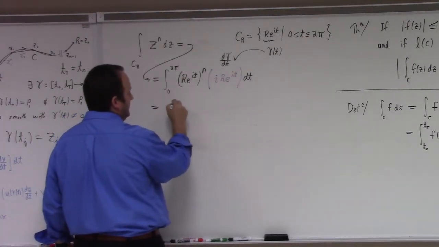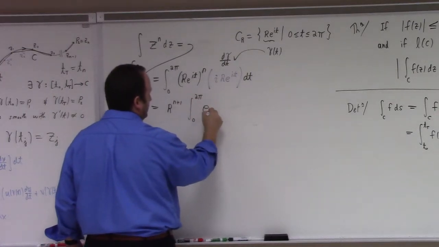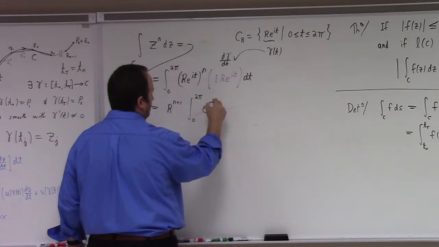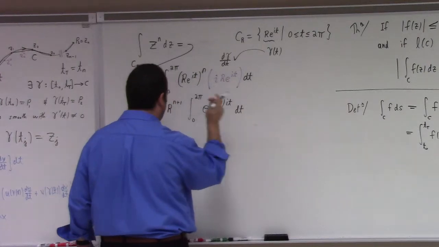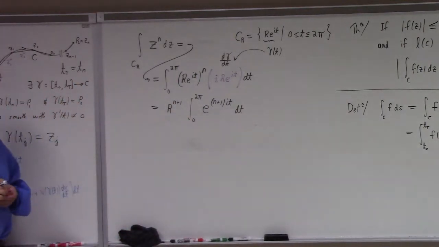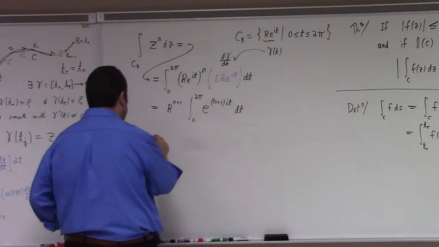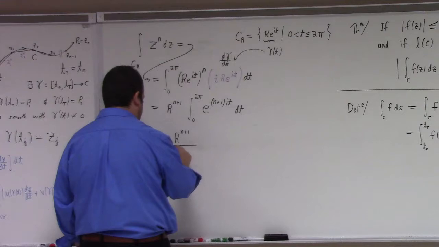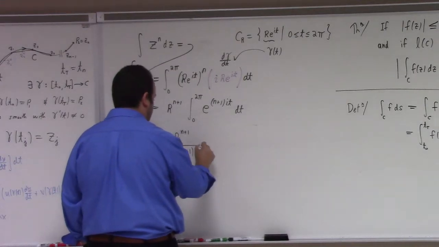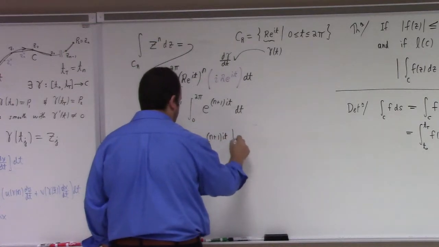Looks like we've got r to the n plus 1, integral from 0 to 2 pi, e to the n plus 1 it dt. So that integral is r to the n plus 1 over i times n plus 1 e to the n plus 1 it evaluated from 0 to 2 pi,